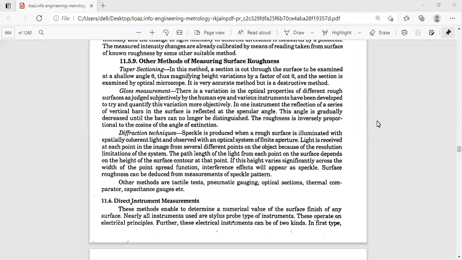The pendulum is lifted to its initial starting position and allowed to swing over the surface to be tested. You have to know that, because in simple harmonic motion also, the pendulum T is equal to 2 pi root of L by g; try to know the formulas. Here you are using the time period. If the surface is smooth, there will be less friction, and the pendulum will swing for a longer period of time. That's why I told you the time period is very important. You use a stopwatch for noting that, and the time is a direct measurement of the surface texture.